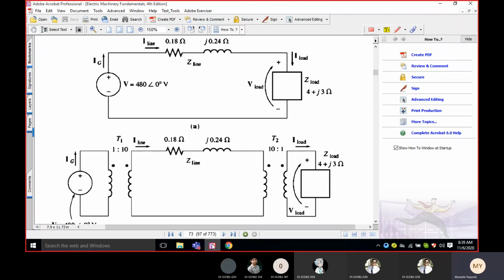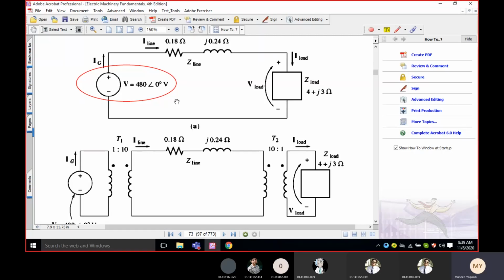As usual, the author, every time he gives a numerical problem, there is always a hidden electrical engineering concept in it. For example, in this numerical problem, if you notice in the first figure, that is figure A, there is a generated voltage on the left side of the figure. So the generated voltage is 480 volts,